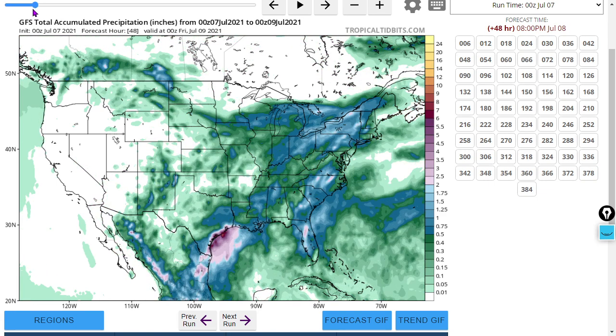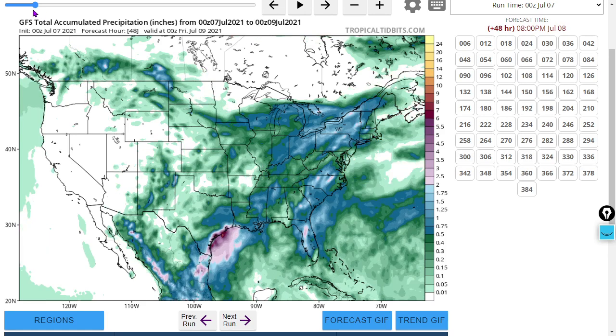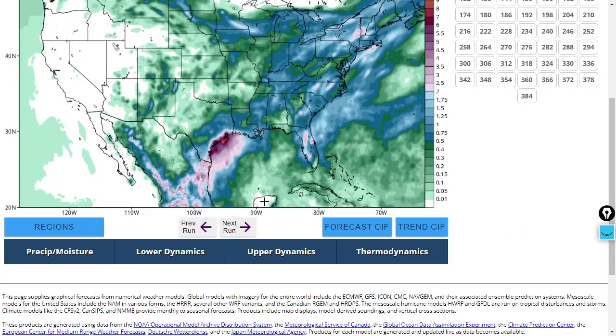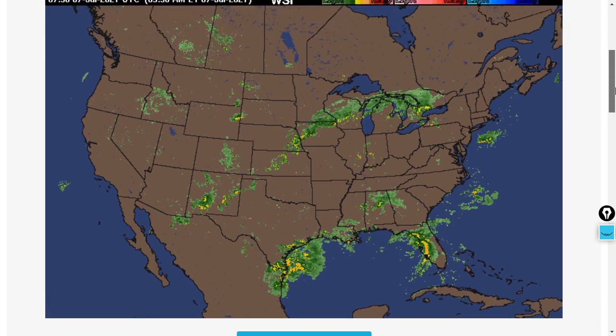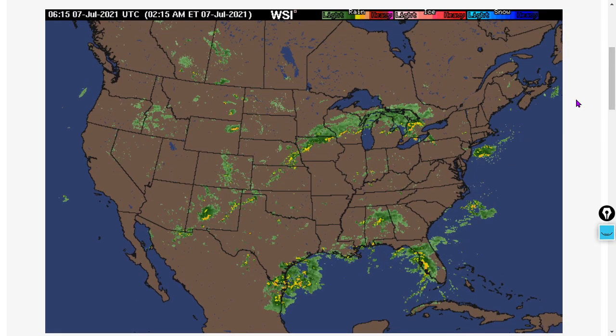So that rain's going to come very quickly, though. That's only 2 days out. And a 2-day forecast can be quite accurate, folks. So Texas, heads up to Texas on the Gulf Coast. That's at least 10 inches of rain being forecasted there for that area. So keep an eye on that. And you can see that massive rainy system there